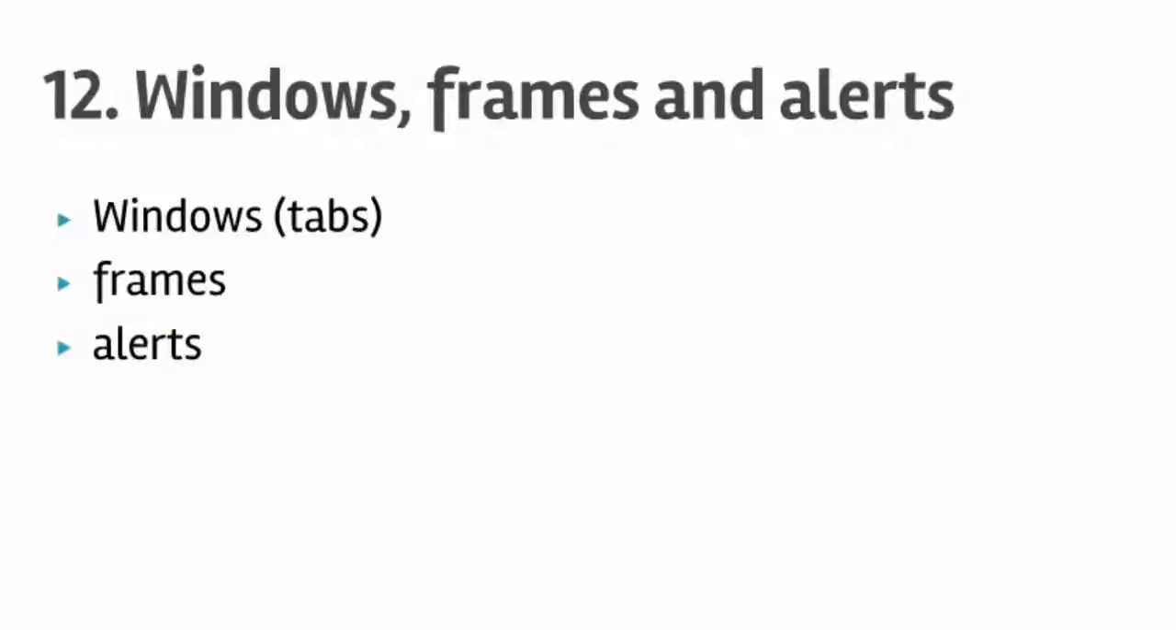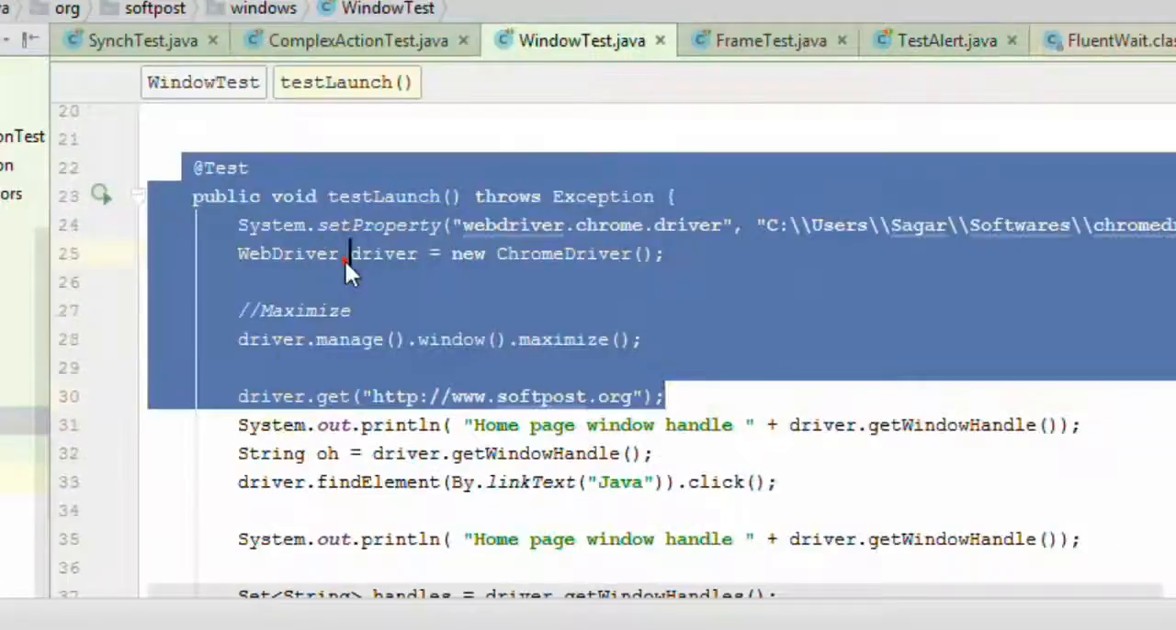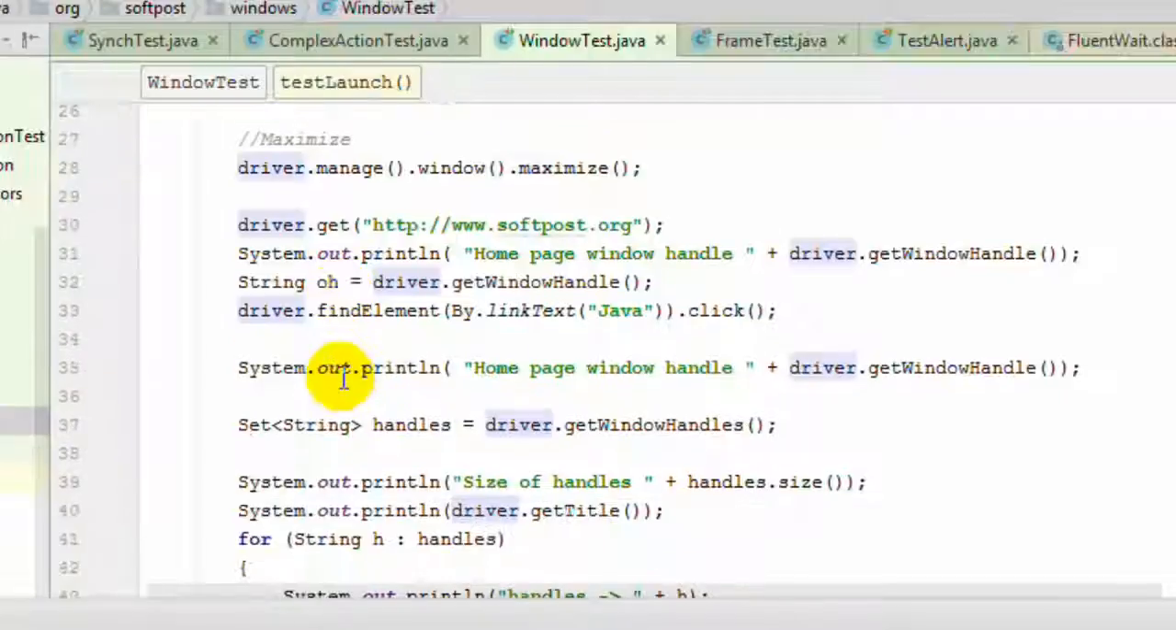Welcome to lecture number 12, that is Windows, frames and alerts, and how to handle all these things in Selenium WebDriver in Java. So let us start with windows first of all. I have already created one class called WindowTest, and in there I have demonstrated how you can handle